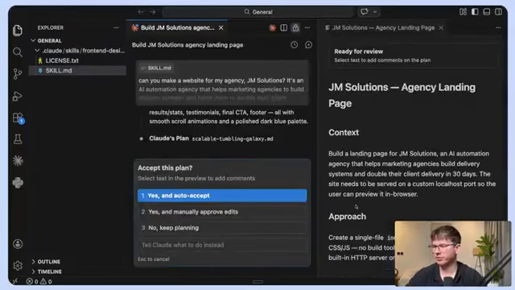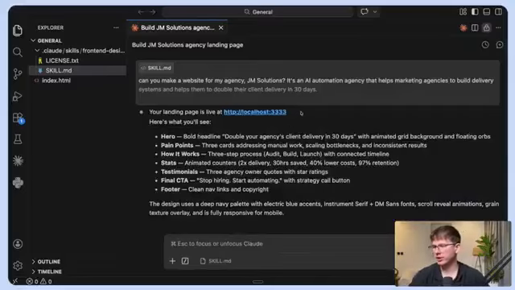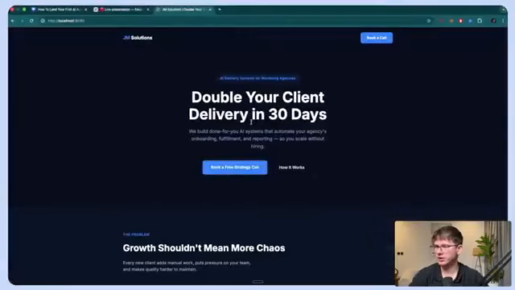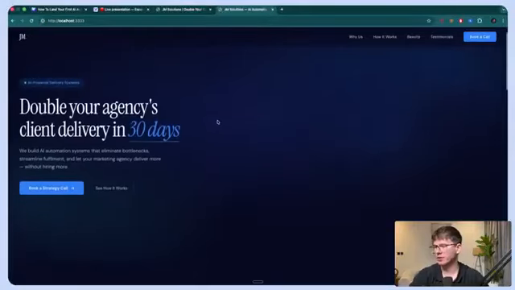Okay, it just made a plan. I can press yes, auto accept, and then go to bypass permissions. All right, now it made us a new link, so I can copy this as well. I can go here. As you can see, this is the old website. I can paste the new link, and we'll have the new website here,